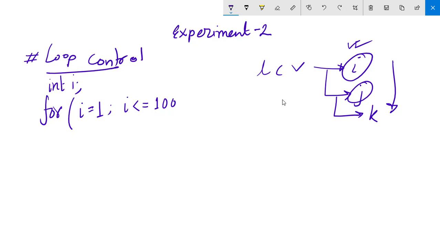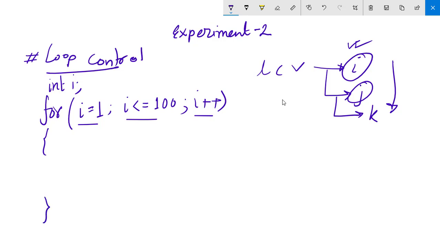And after doing one step of calculation, we will increase I by 1. We can write this increment statement in two ways. I equal to I plus 1, or we can write it as I plus plus. Same thing. In the same manner, we are putting all these things in one first bracket and we are dividing these three commands using semicolons. Then our curly brace.